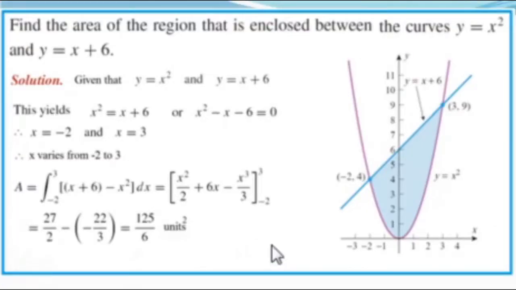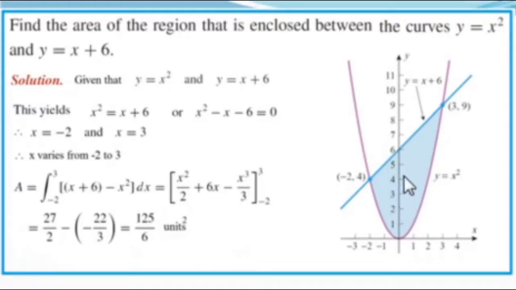Similarly, another problem: find the area of the region that is enclosed between the curves y equals x square and y equals x plus 6. y equals x square is a parabolic graph. It is a parabola. তোমরা সবাই জানো y equals x square parabola. এই প্যারাবোলাটা কিভাবে ড্র করতে হয় তাও তোমরা ইন্টারমিডিয়েটে শিখেছো. And y equals x plus 6 is a straight line. So এই হলো ব্লু কালারের স্ট্রেট লাইন and পিঙ্ক কালারের গ্রাফ দিয়ে যে এলাকাটা বাউন্ডেড হয়েছে সেই এলাকাটা